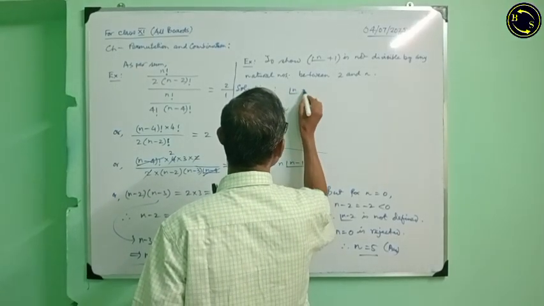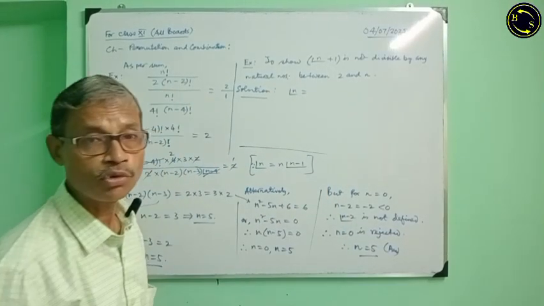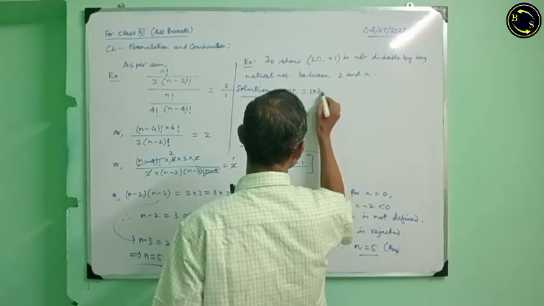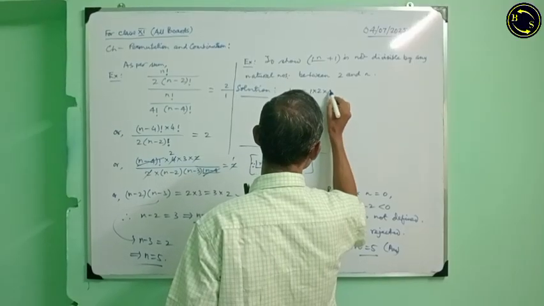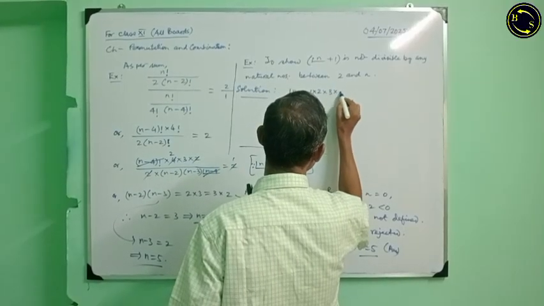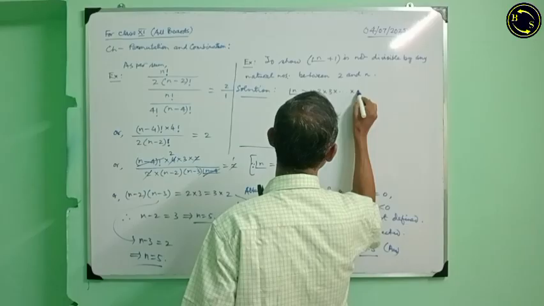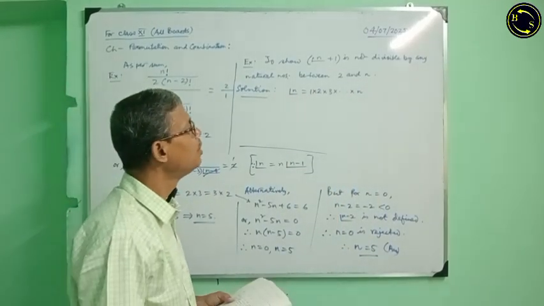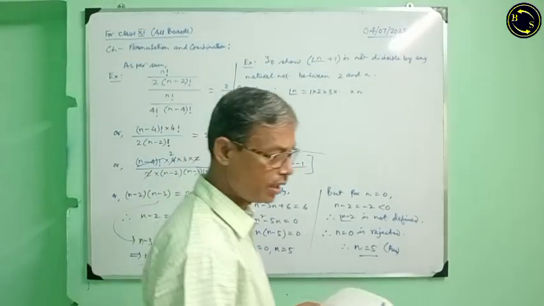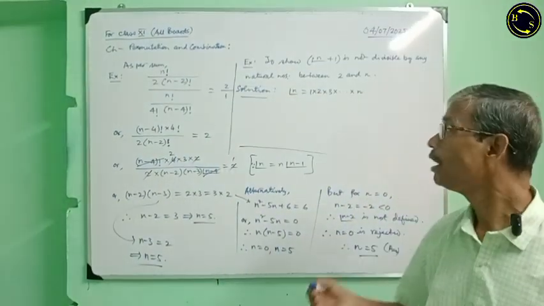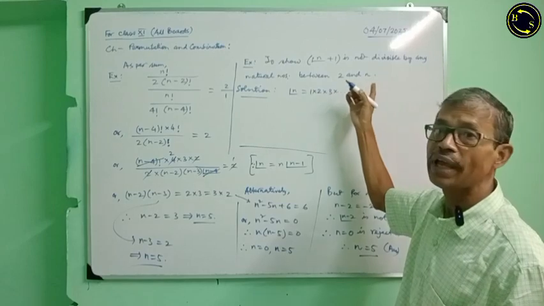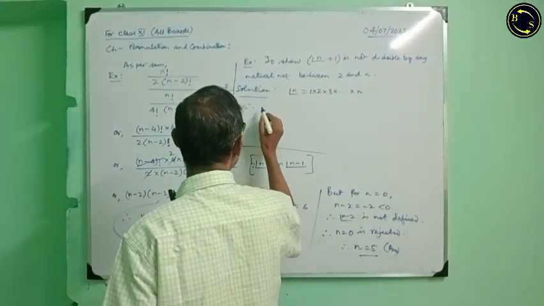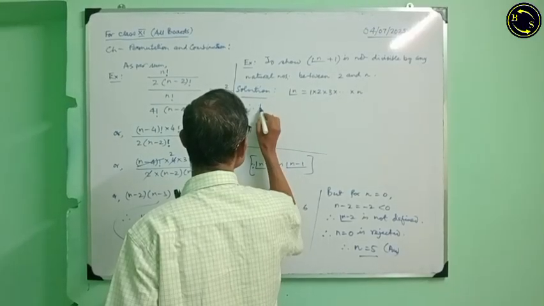First, we write factorial n, that is the product of successive numbers starting from 1 to n, which is divisible by any number starting from 2 to n. Now if I add 1,